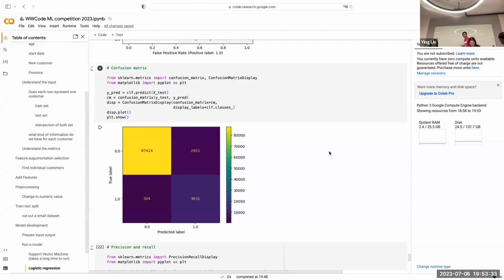So in our submission, if everyone remembers the submission file, they have a customer ID, let's say 2589 something. And then what they want us to have is